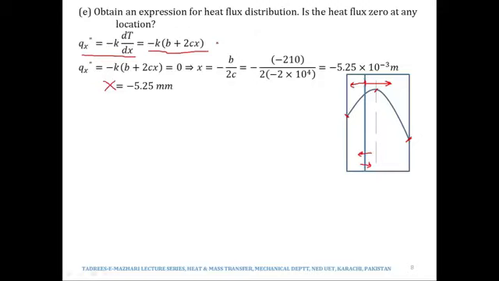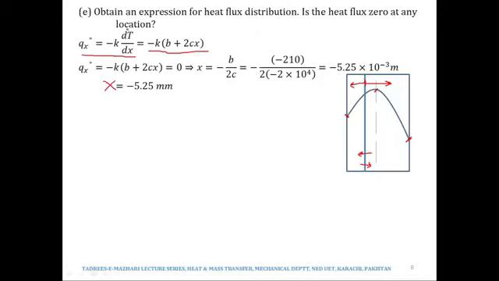So what were we left with? dT by dx is equal to 0. So when is dT by dx equal to 0? From your intermediate knowledge of mathematics, where is dT by dx equal to 0? That would make it the case of maxima or minima, right? So therefore if dT by dx is 0 at minus 5.25 millimeters, that would make it the case of